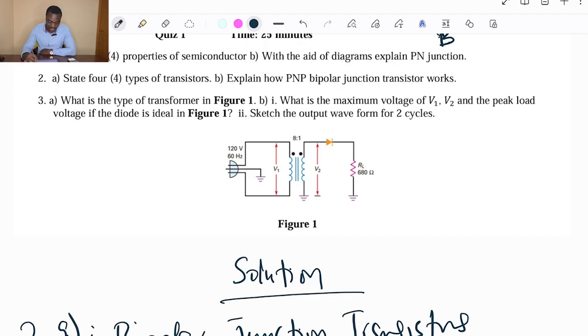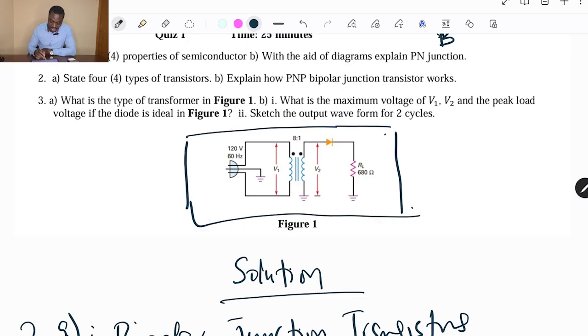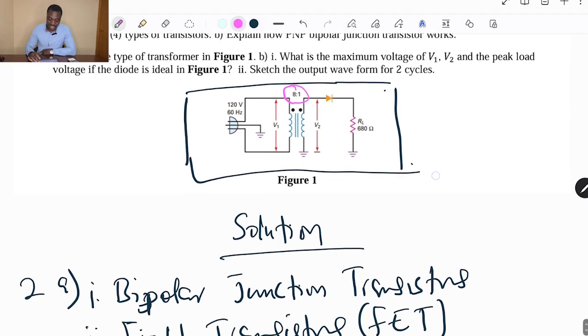What is the type of transformer in figure 1? This is our figure 1. Looking at this circuit diagram, we have the transformer, which is between V1 and V2. That's where the transformer is. You can see the ratio that we have. You can see we have 8 to 1. What that means is that